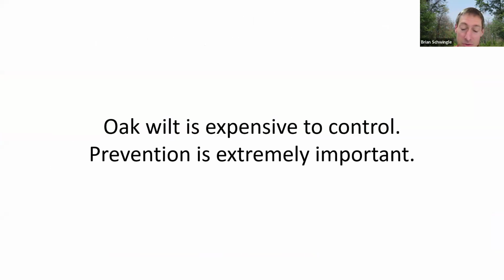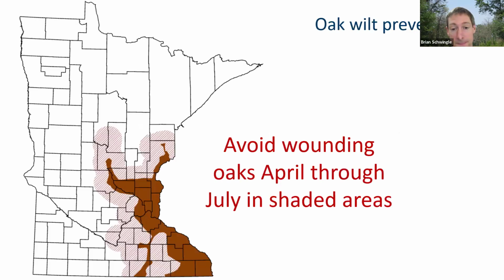It's expensive to control, but like I said, kind of closer to the beginning of the presentation, prevention is frequently free. You just don't need to wound your oaks April through July, and you'll avoid infection, because you need to get above ground infection. You need a wound. Now, of course, Mother Nature wounds trees a lot. We can't really do anything about that. But humans also wound trees a lot. Just think about somebody nailing something up to the tree, pruning,